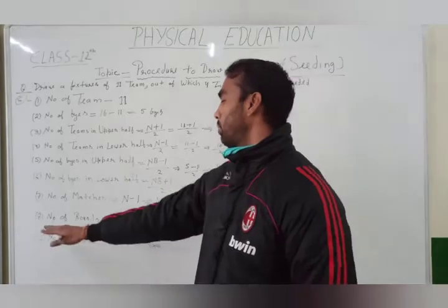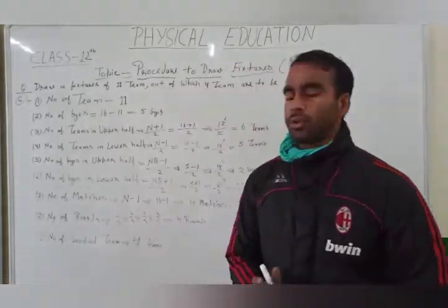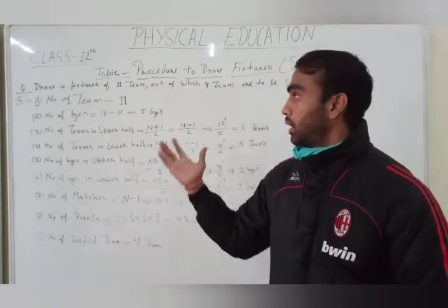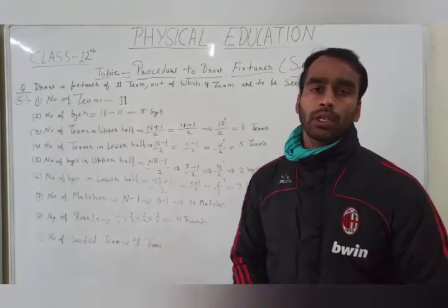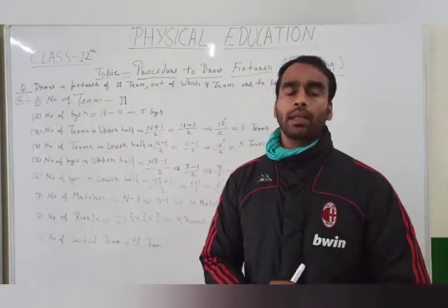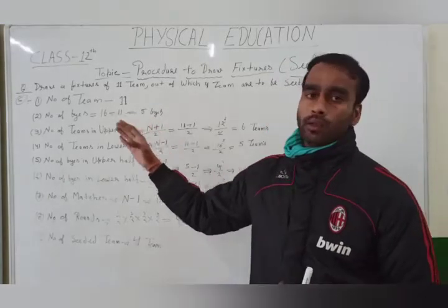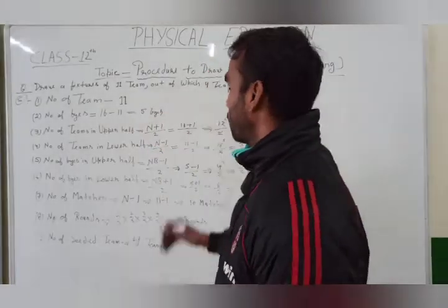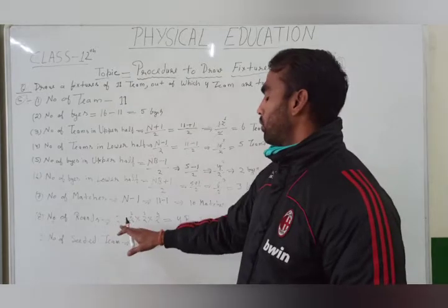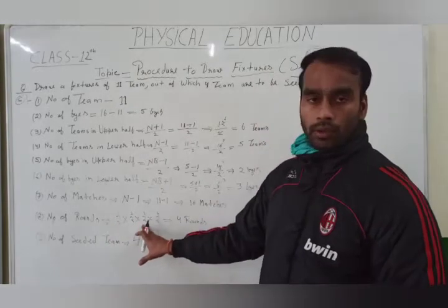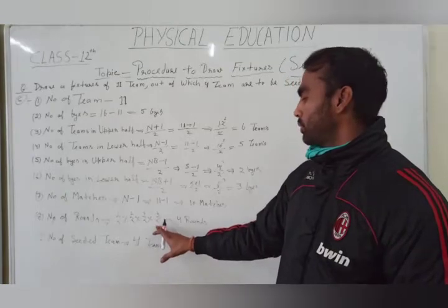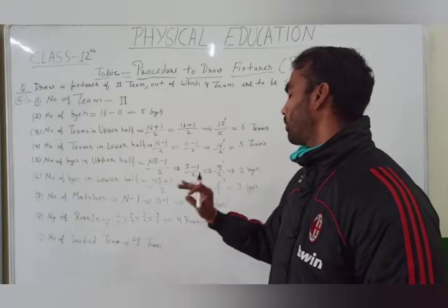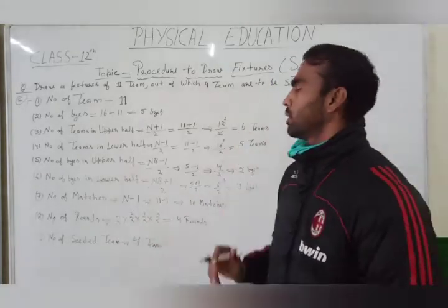Okay class, so step number 8 is the number of rounds. Okay, so how do we know the total number of rounds for 11 teams? Basically we use the power of 2. You know, basically, you can also find the byes at the same time. See, using 2: 2 into 2 is 4, 4 into 2 is 8, 8 into 2 is 16. Okay. So how many 2s are there? 1, 2, 3, 4. So there are 4 rounds in 11 teams.